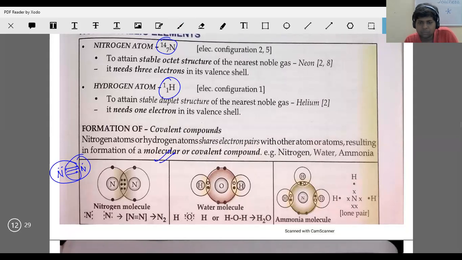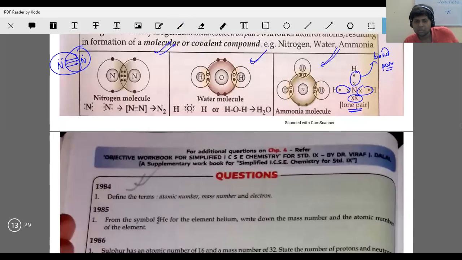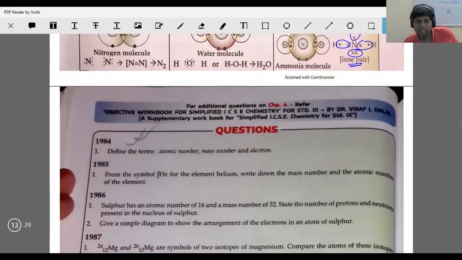Then H2O. Similarly, hydrogen and oxygen are going to overlap. Similarly, in NH3 also, nitrogen and hydrogen are going to overlap. These 2 electrons which are not involved in the bonding process are called the lone pair. Is it clear to everyone? And these pairs of electrons which form a part of the bond are called the bond pair. So this is the nomenclature that is given: bond pair and lone pair. Lone pair is something that is lonely, does not participate in reactions. Bond pair is something that is active.